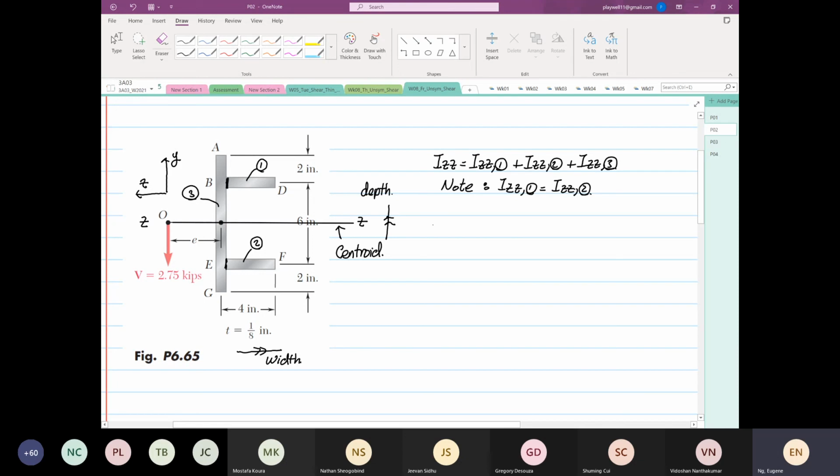So in this context, I will write down my IZZ is equal to twice, and then the width is 4, the thickness, I'm just going to call it T, to the power 3 divided by